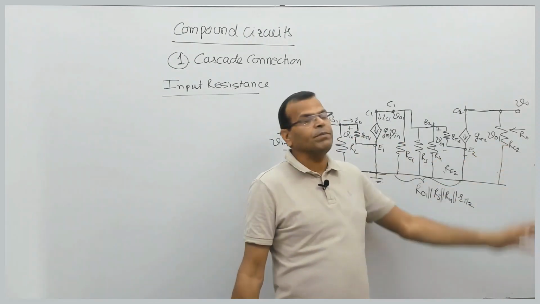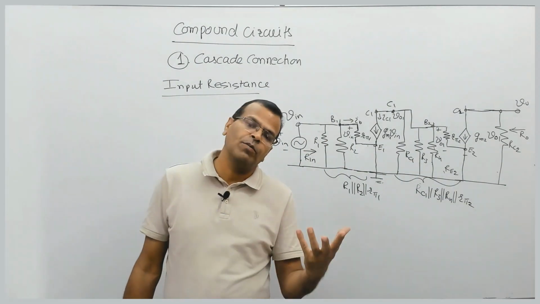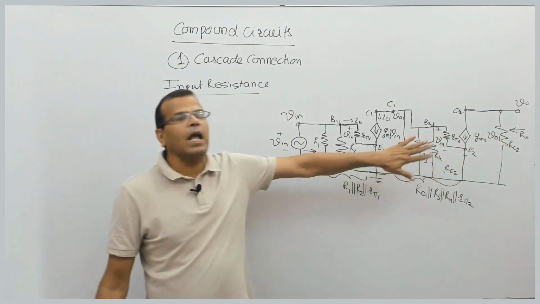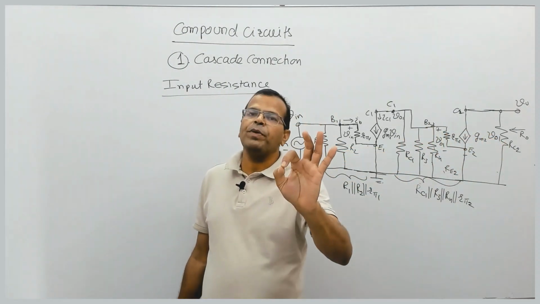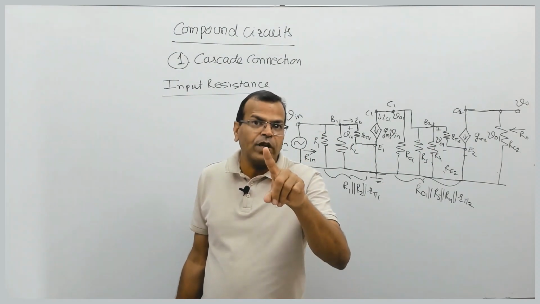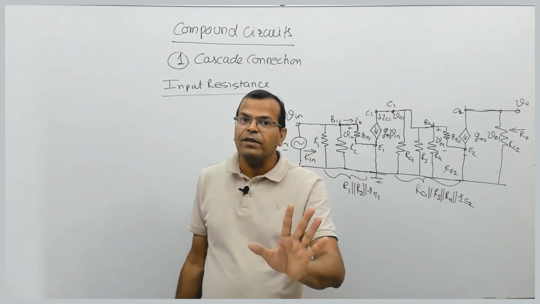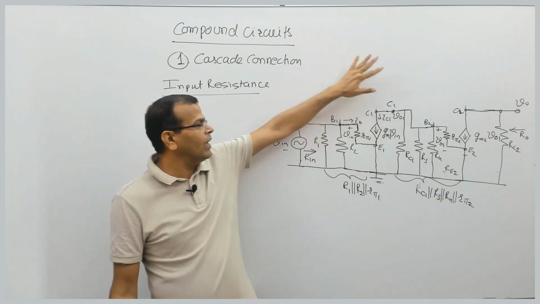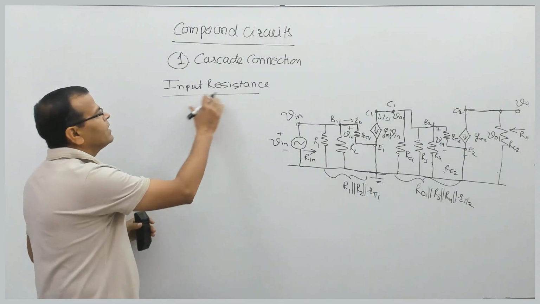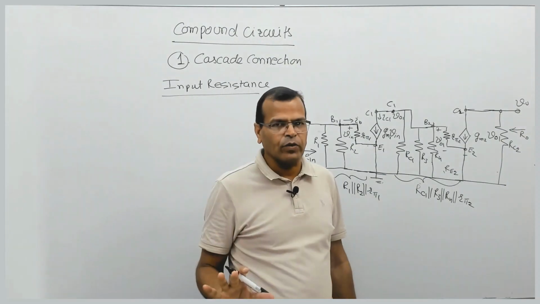Similarly, from the output side, in some textbooks they may be calling it output resistance, and in another book output impedance. For a resistive type of network, input impedance is the same as input resistance. But if there is a capacitive element, then input resistance and input impedance will be different. But as far as this case is concerned, when it is a purely resistive network, whether I call it input impedance or input resistance, that is the same thing. This is to clarify your doubt.